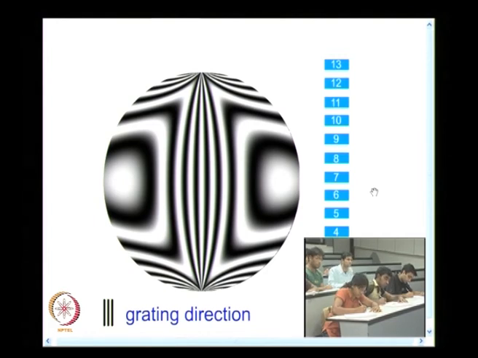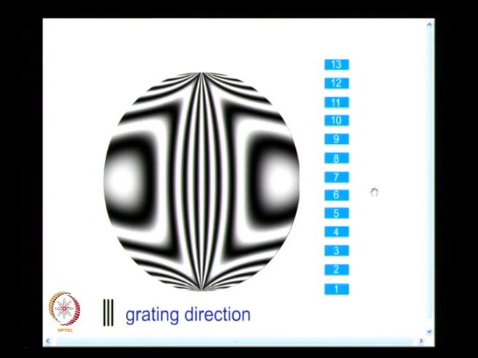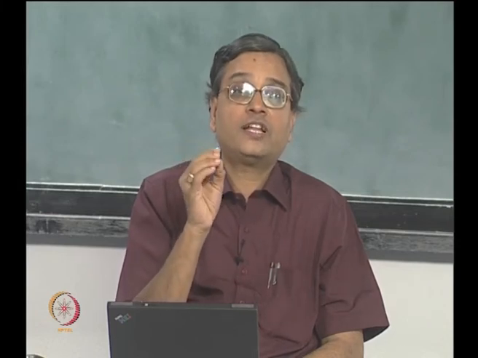Suppose somebody gives you a photograph without the grating direction on an unknown situation, if they want you to interpret, you will not be able to give an answer immediately, unless you know how the experiment is conducted, how the values are recorded. You will not be in a position to interpret the fringe patterns. Interpretation requires additional information. Labeling of fringes is not a simple task, and for that we will have to know what are the various techniques available to label the fringes.